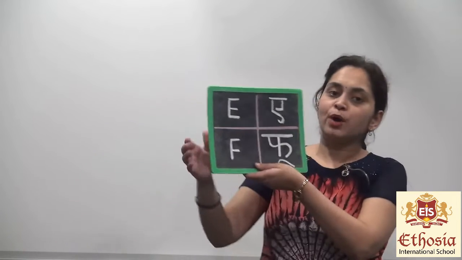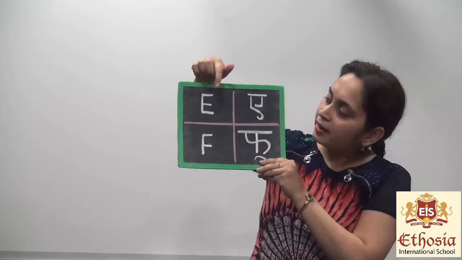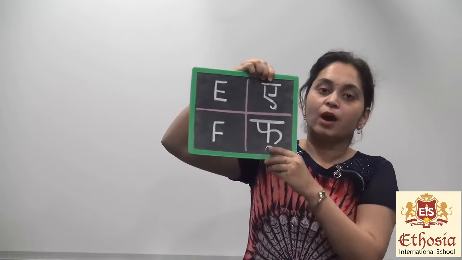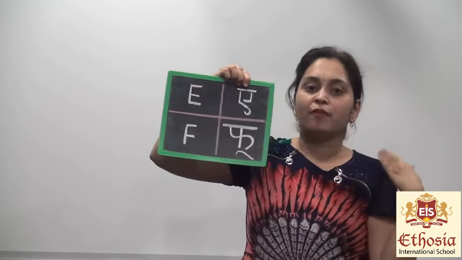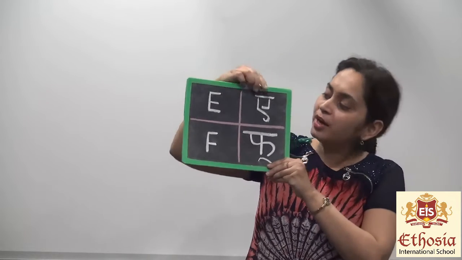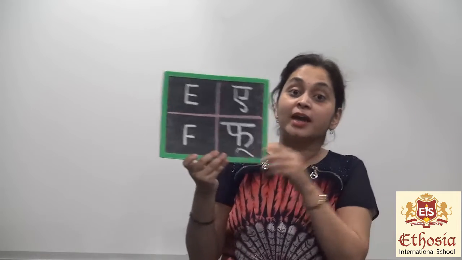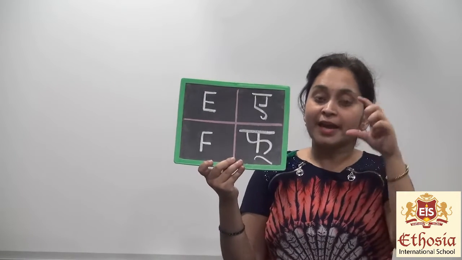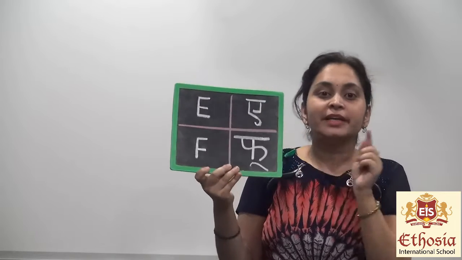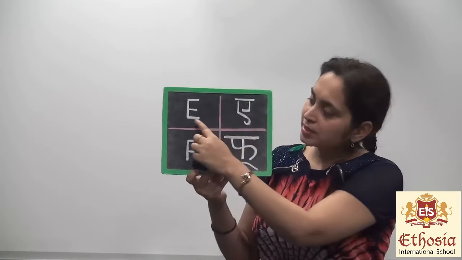Now our next 2 alphabets are, this is capital E, and E says A. When you take out the sound of this alphabet, you have to pull your shoulders up and take out the sound A. So this is capital E. E says A, like engine, egg, elephant. So we don't say elephant with the E sound, we say it with A. Alright, so this is capital E.